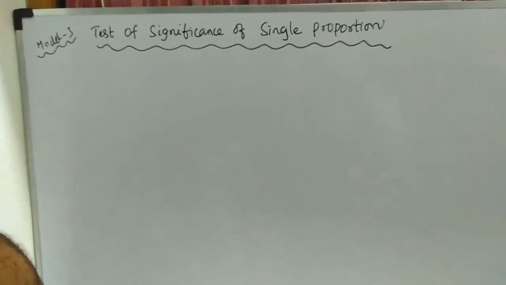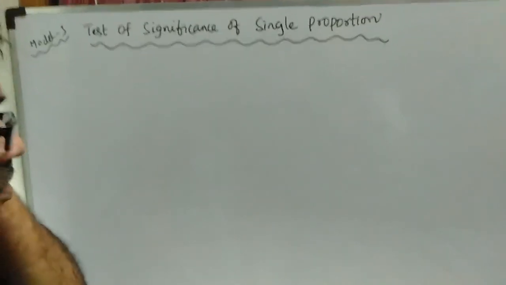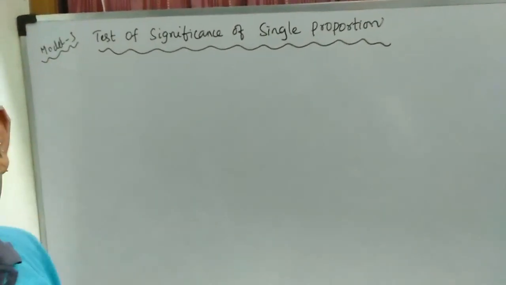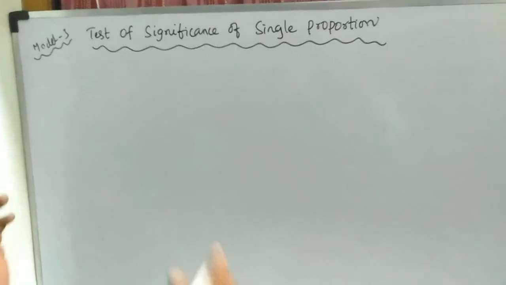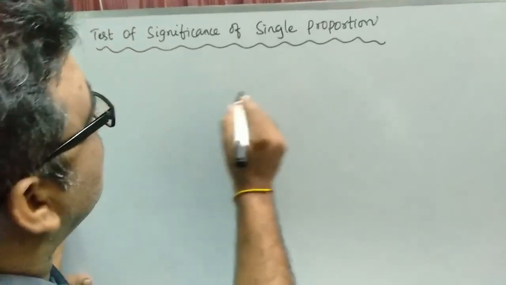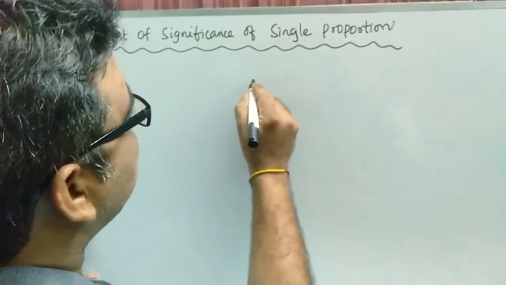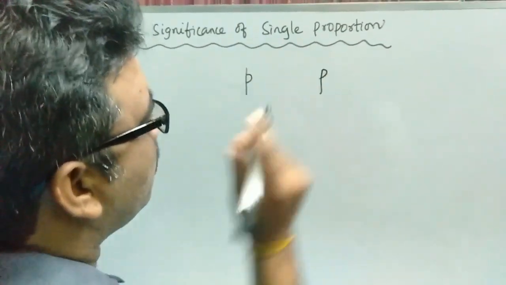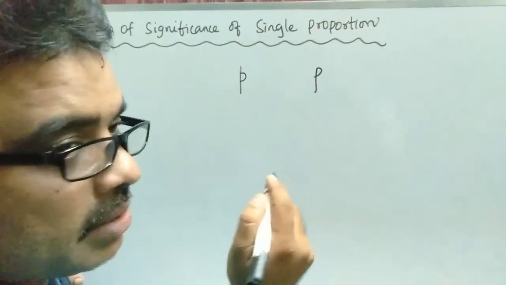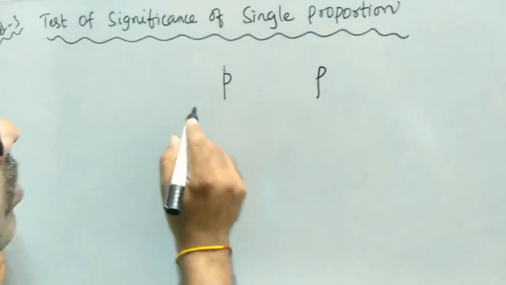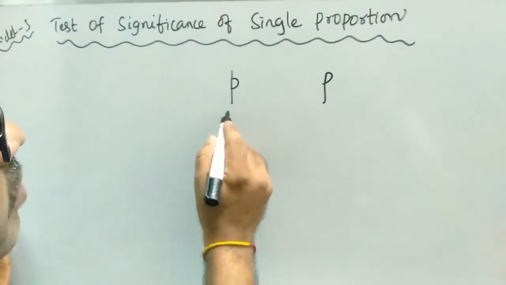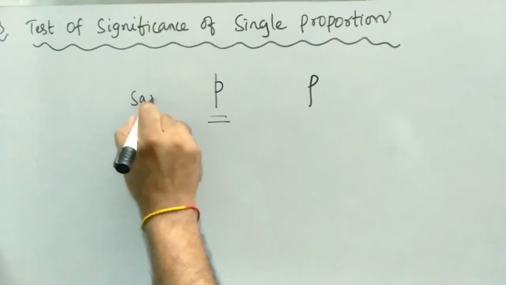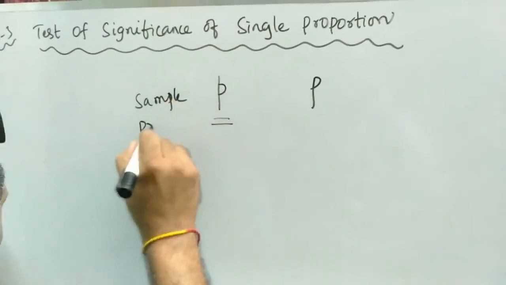Model number 3, test of significance for single proportion. Suppose you want to test the difference between the sample proportion and the population proportion. Proportion is nothing but probability. To test whether there is any significant difference between the sample probability or sample proportion,